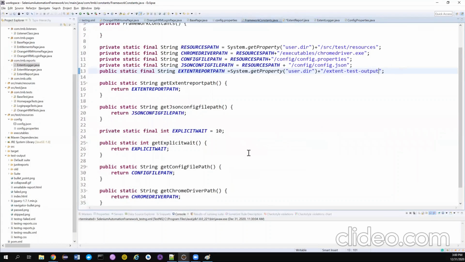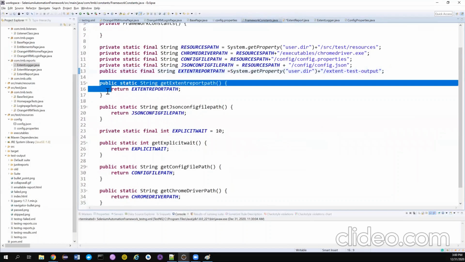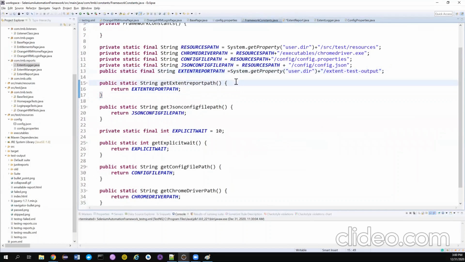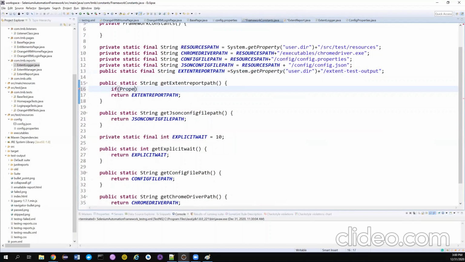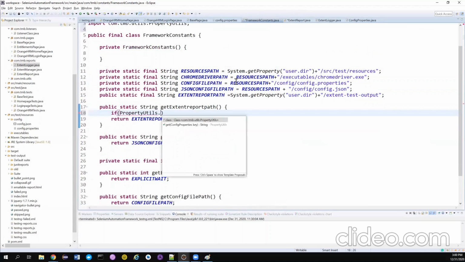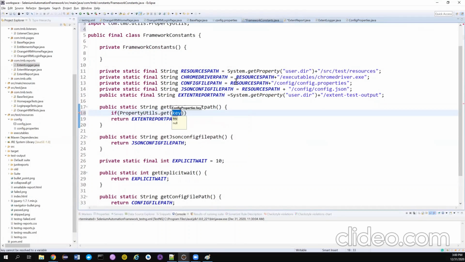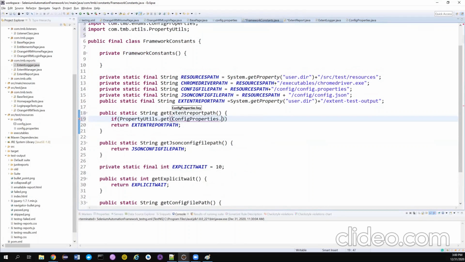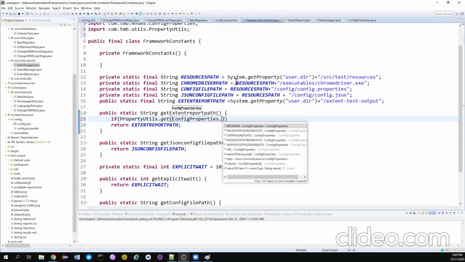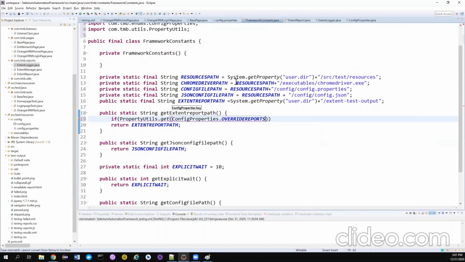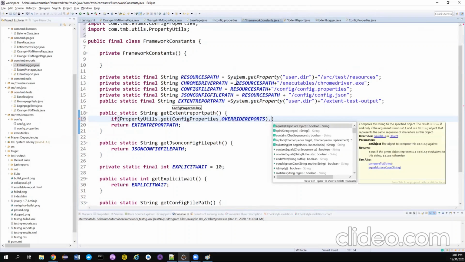Okay, so that's the reason we have created a method now. Here I can apply the condition. If property utils dot get, here it is asking me for the enum, right? So what is the enum? In config properties, we have created a new enum, that is override reports. If this is a string, right? So what, equals ignore case,